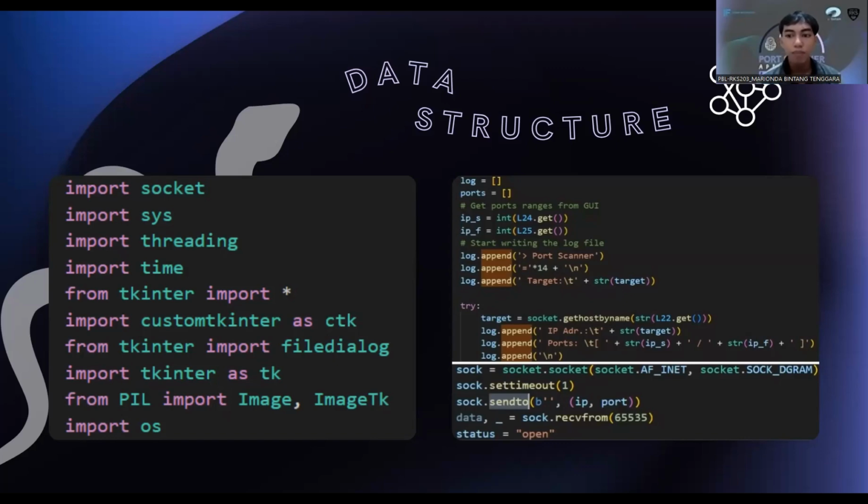Additionally, the code employs list methods like append and utilizes tuples in functions such as sendto. Next slide will be presented by Wedara.